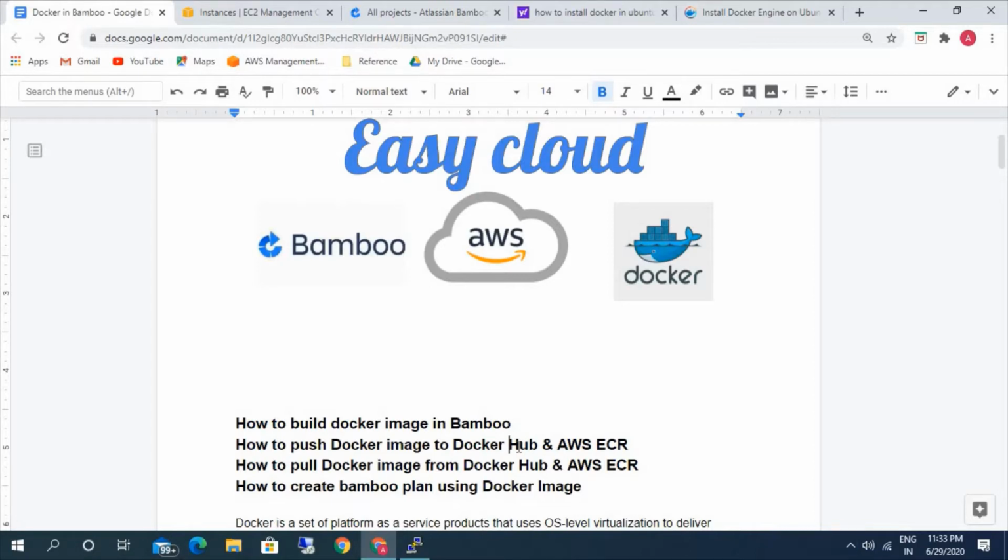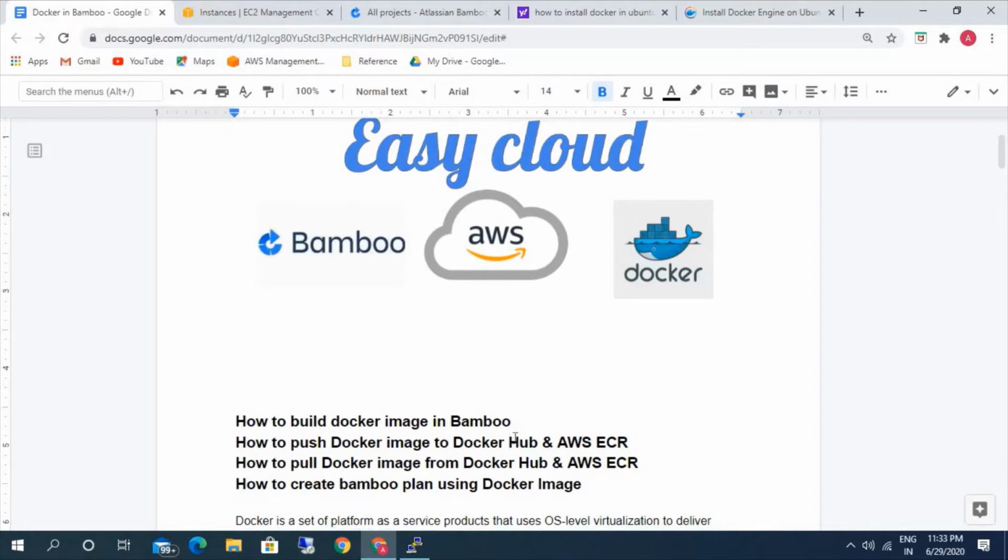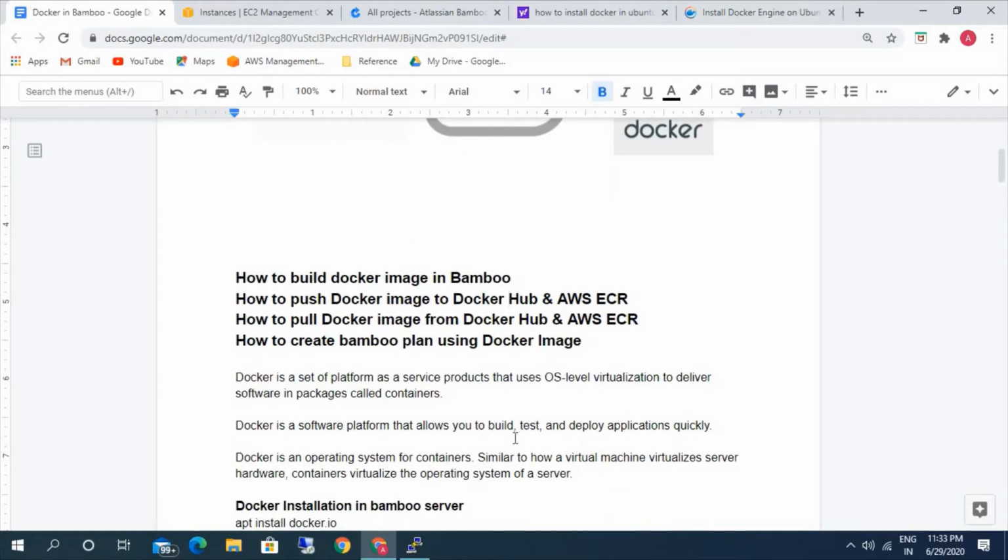So Docker is nothing but a platform as a service product, and it is like an operating system for the container. Using Docker we can test, build, and deploy our code in the container. Okay, so let's learn about Docker now. Docker, as I said earlier, is a set of platform as a service products that uses OS level virtualization to deliver software in packages called containers.